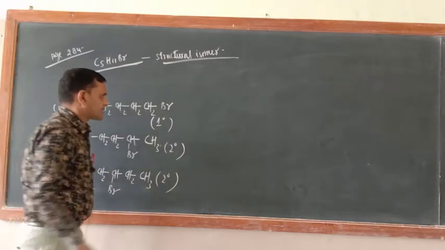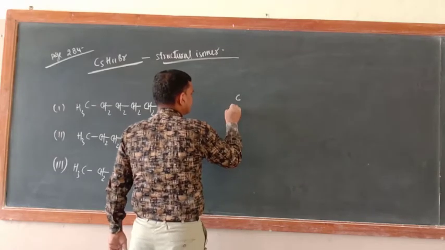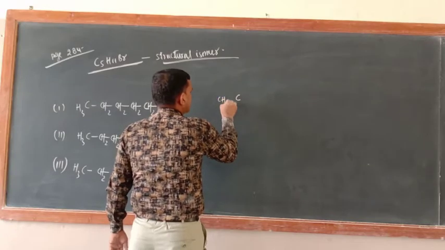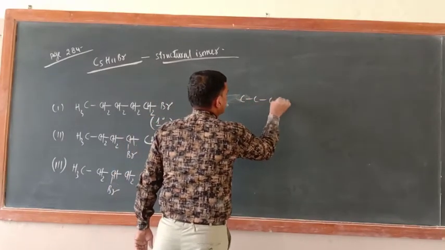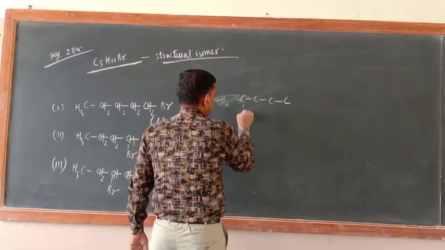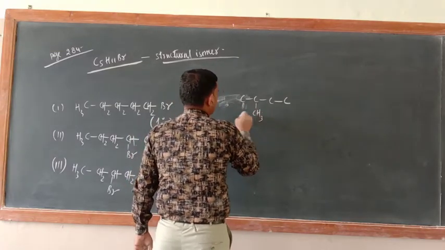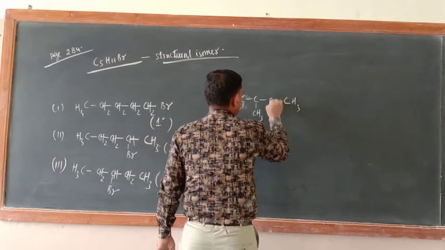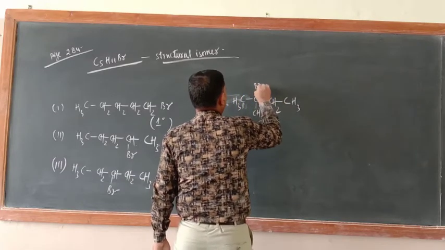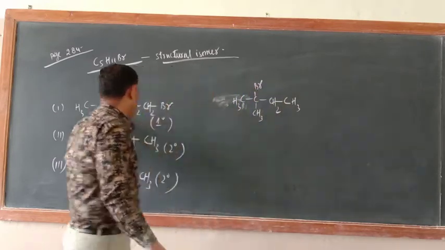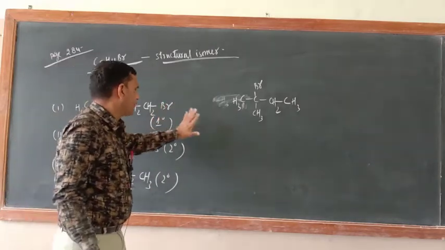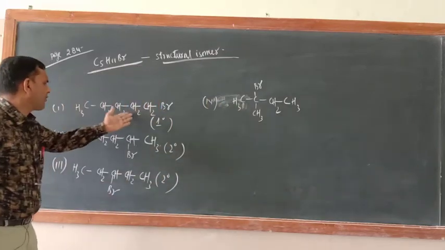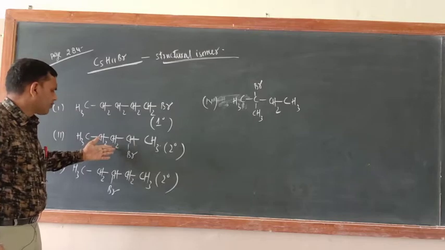Now just see another one. C 4 only write. Another one, write CH3 on this side. Here CH3, here CH3, here CH2, and now here Br. Now the IUPAC name you can write. I am not telling the IUPAC name, only the product name I will write. Now the fourth one, the IUPAC name you can write. It is simple now: 1 bromopentane. This is 2 bromo, this is 3 bromo.